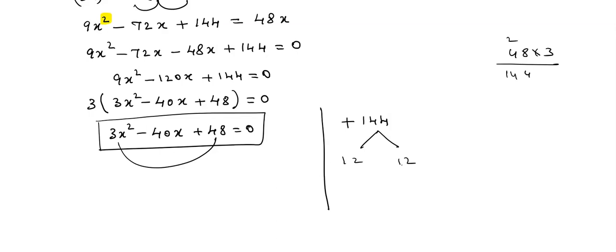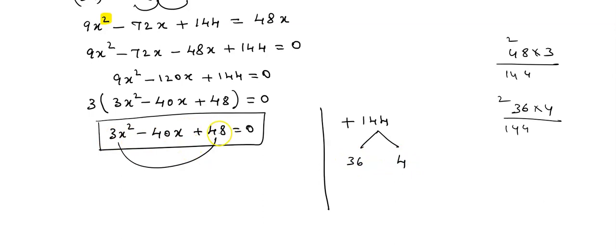Now can you check 12 plus 12, if you add this both, we get 40? No. 24. Now in which tables we get 144 apart from 12 and 12? Can you check? Shall we check 36 into 4? 6 4s are 24, 4 3s are 12, 12 plus 2, 14, it's 144. Yes. So 36 4s are 144.